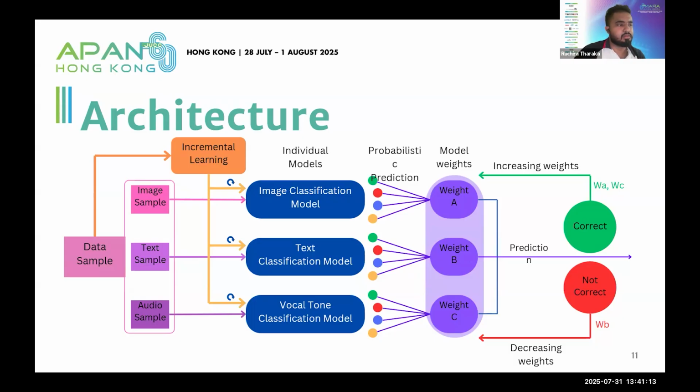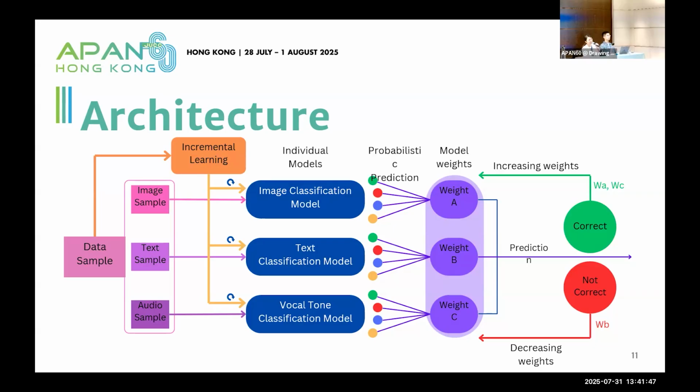So each individual data sample goes into its individual model. It will predict the data sample and give a weighted prediction. At the same time, the models also have a weight. So depending on the weight of the model and the weight of the label prediction, the ensemble model will give the final prediction. Depending on the correctness of the individual model predictions, we will vary the weight of the model. That's how it works.